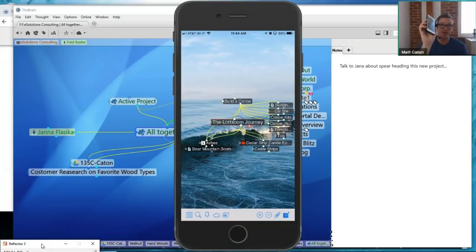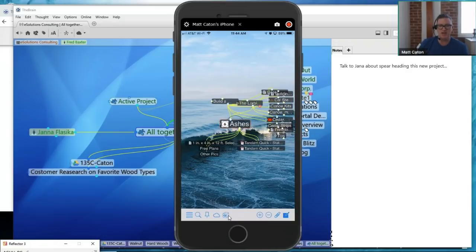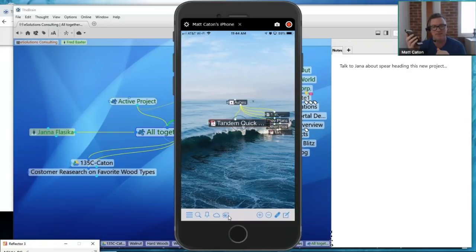So any thought that has a file attachment, I can open it from my phone. And what I really wanted to share with you, and you can see on the screen down here, there's that Brainbox icon. So I can actually, oh, now it decides to catch up. But there's that Brainbox icon. So anything that goes into the Brainbox from my desktop gets synced to the cloud. I can put items into the Brainbox from my phone. I'm browsing, I see a web page that I like, I can add it to the Brainbox from my iPhone. So it's really just a great way to not only quickly capture information, but that information goes with me wherever I go. And that's the most important